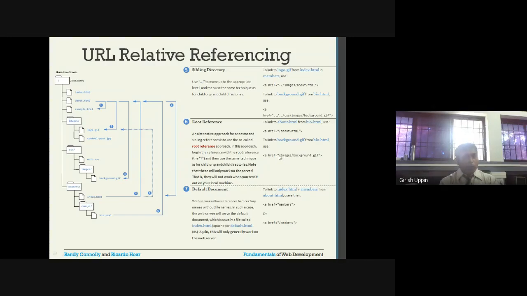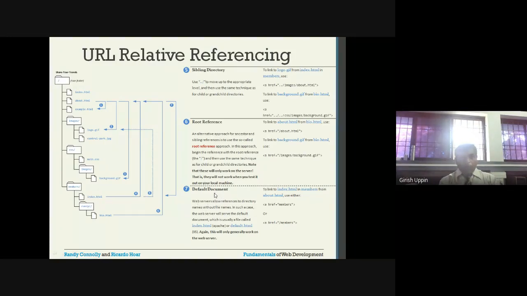From the root you can give the absolute path. For every file, from the root you can give the absolute path. So in the case of a sibling also, you don't have to worry about whether it is a sibling or not. You can start from the root. You will give all the folders, subfolders, and respective resources.